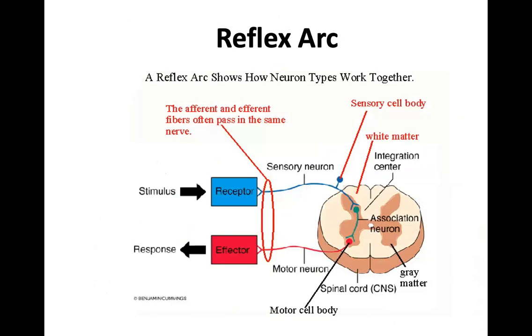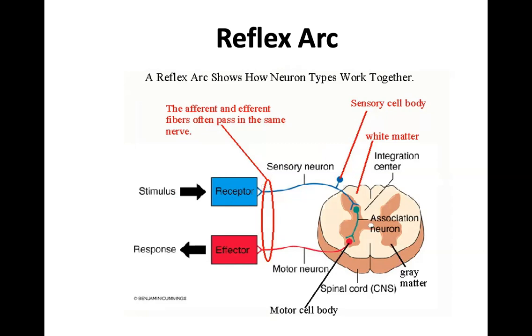All right, so this little cartoon is basically the same as that other one. Here's our sensory neuron, and it's coming in the back of the spinal cord. Remember I said in here, you're going to either take the information up to the integration center in the brain, but you're also going to send it out to an effector organ. We're going to call the effector organ a muscle. So you have an afferent loop coming in. You have to have some sensation to make a muscle work, okay, or some command.